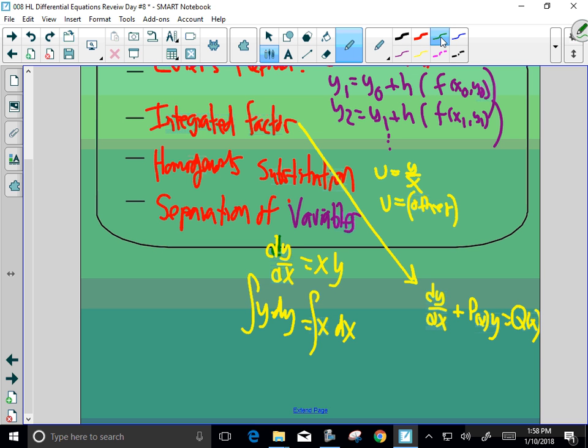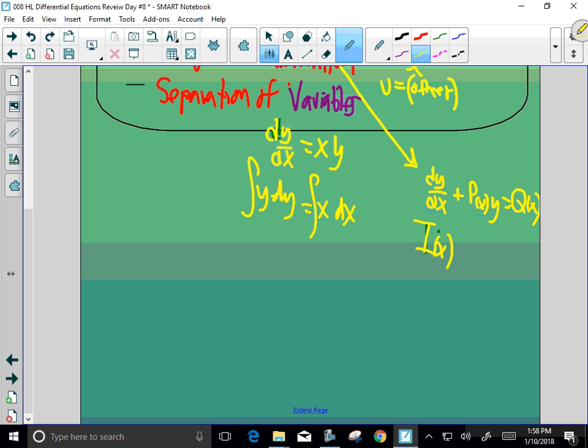You've got to get it in this form so you can pick off what p of x and q of x are, because I, the integrating factor, is going to be equal to e to the integral of p of x dx. And then here's your y times I of x